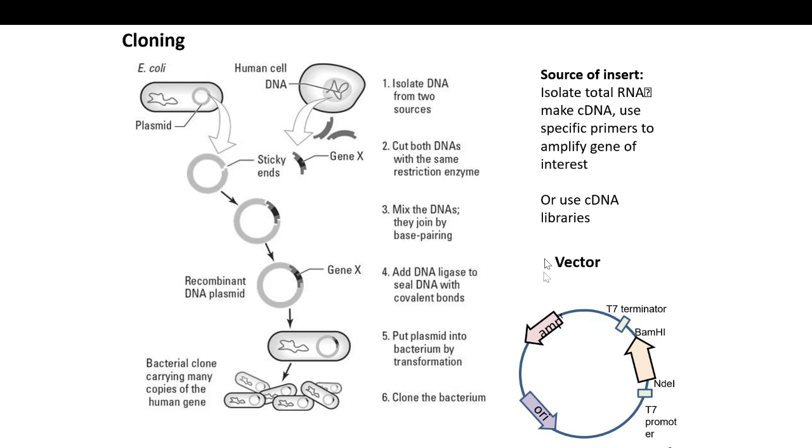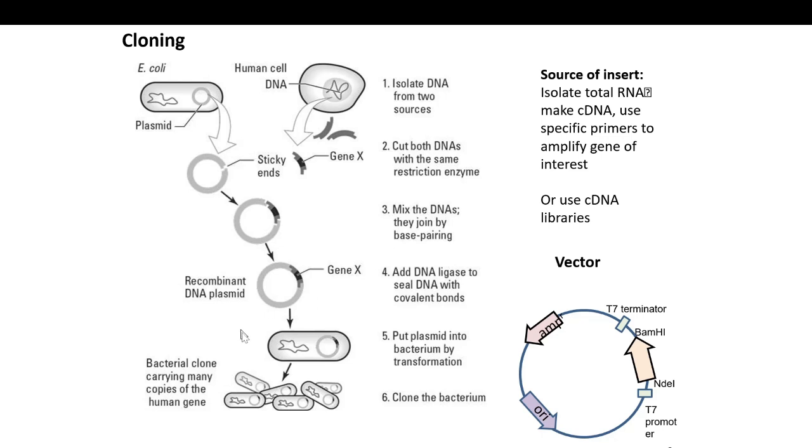We will cut the vector with the same restriction enzymes, BamHI and NdeI, and the insert amplified from the cDNA using PCR is cut with the same set of restriction enzymes. Then we ligate it with the help of a ligase like T4 DNA ligase in the presence of T4 DNA ligase buffer, which requires ATP. After the ligation, since two staggered ends were created by the double digestion,